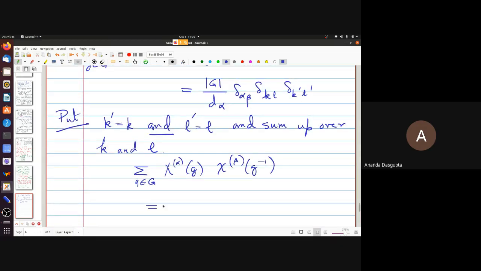What do I get on the right? That takes slightly more attention. I of course get mod G by d alpha delta alpha beta. That much is clear. But what do I get on the rest? Clearly delta kl delta k'l'. Remember, we are putting k equal to k', l equal to l'. That's actually delta kl squared, summed over both k and l, and k and l run over what? 1 to